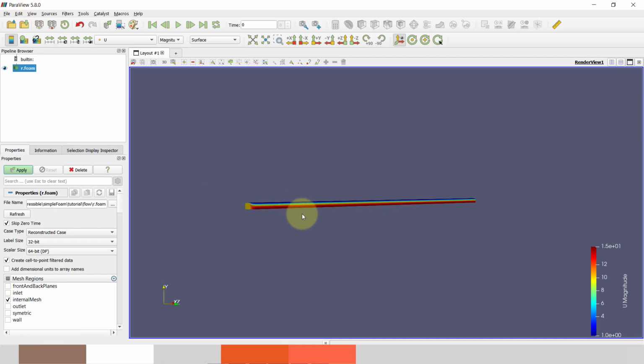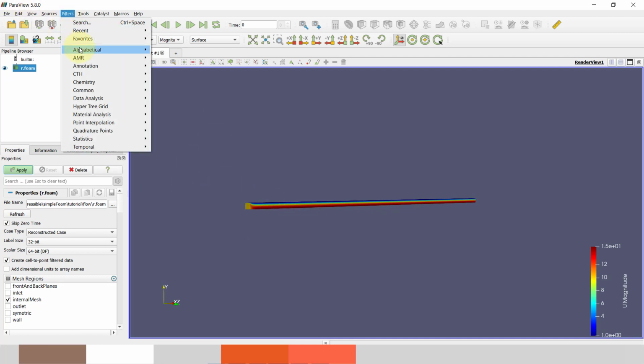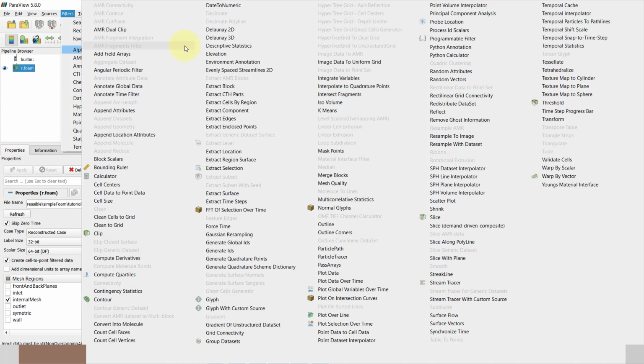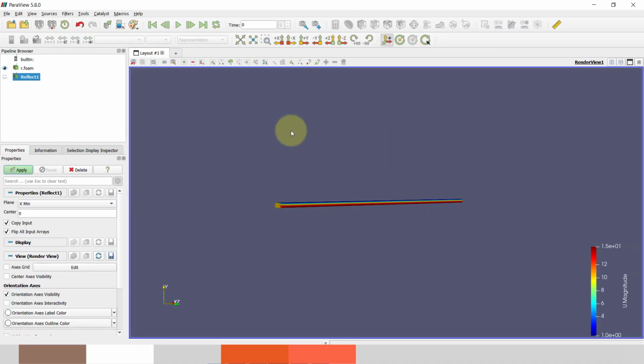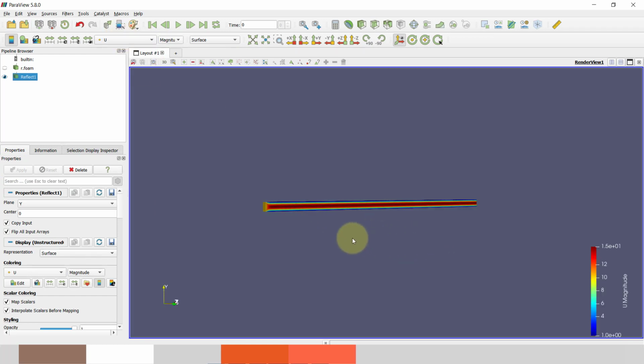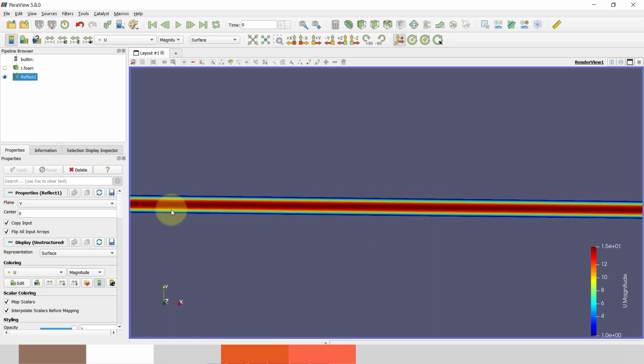It is a symmetric plane, so we have to go to Filters, Alphabetical, and here you can see the Reflect filter. Reflect around the y-axis and just apply it. Go to the velocity profile and you can see how nicely the velocity profile comes out.